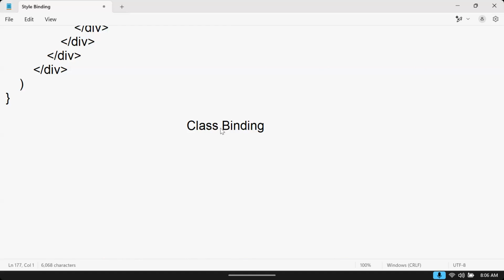You learned CSS selectors. We have ID selector, class selector, type selectors and all. If there are many styles to apply, then you can simply apply using class. Already some CSS classes are written. You just want to apply them. Then you don't need style binding. You need the concept of what? Class. So what is class binding is nothing but,